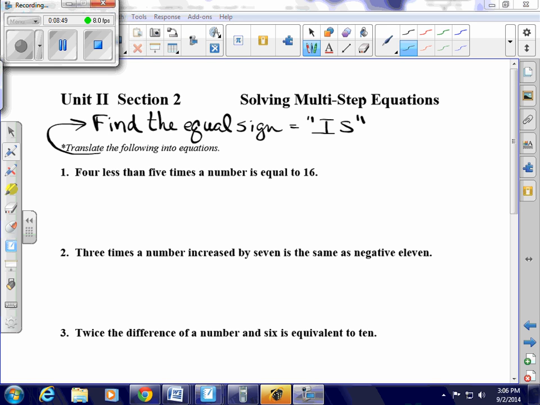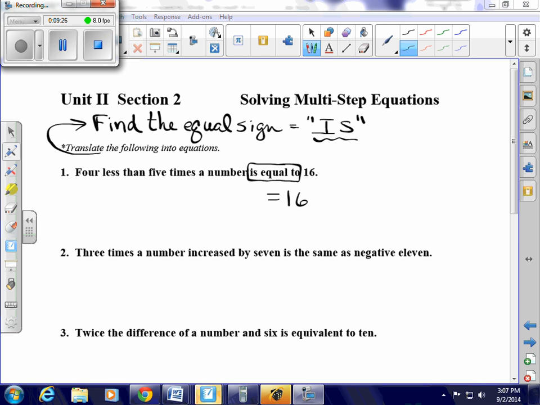Well, again, we talked about this last unit also, excuse me, last section. Unit 2, Section 1, we talked a little bit about translating story problems into equations, and the first thing you want to do here is find the equal sign, and that's going to be the phrase that contains the word is. So here we go, is equal to. Box that for me if you would, because that's your equal sign. Whatever comes before that phrase is going to be before the equal sign. Whatever comes after is going to be after the equal sign,